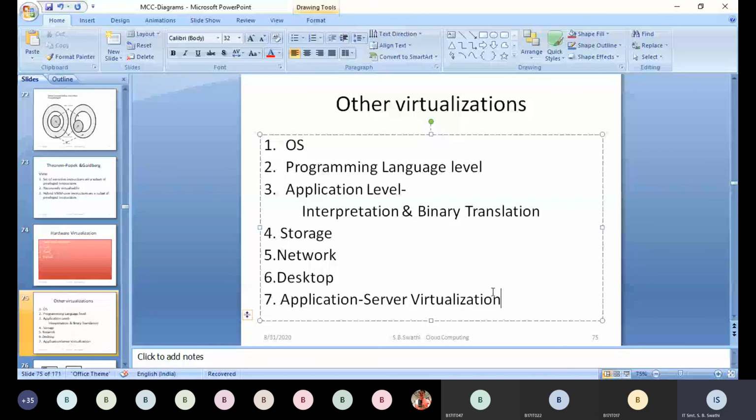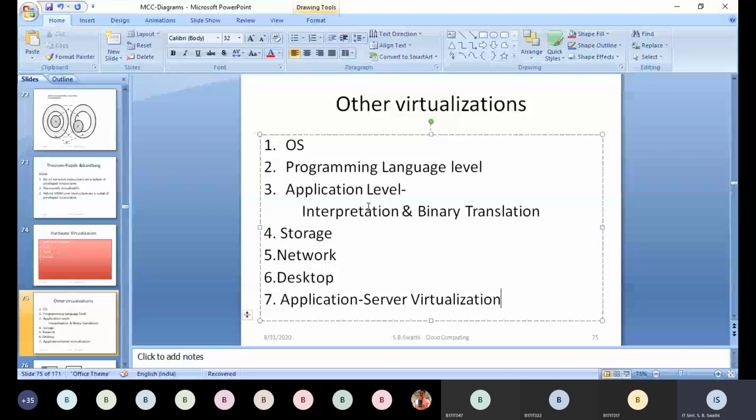In this last case only, we don't have any VMM. You can directly run the application on the server with the help of the IP address and the network connections, using the OS or the compilers present on the server. So these are the different types of virtualizations.